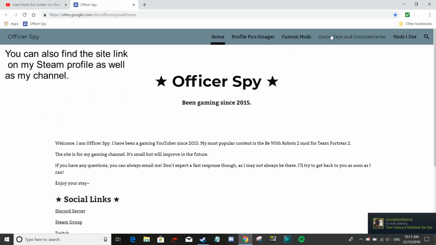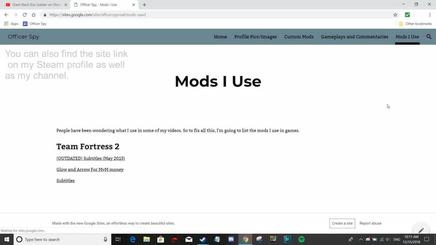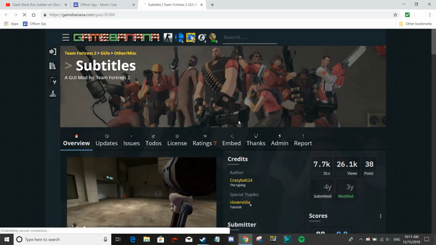That will take you to the site that I've had for a long time here. You just want to go to the mods I use, and then here it is, everything that I've used in the game. They may not be used now, but they may have been used before. So for example, you want the captions that I use in the game, here you go, you just go to this link that says subtitles, and then